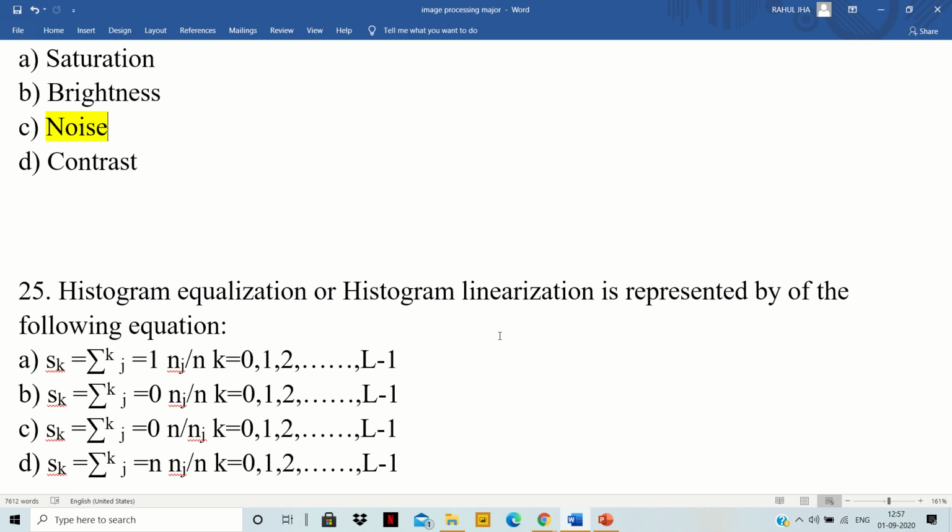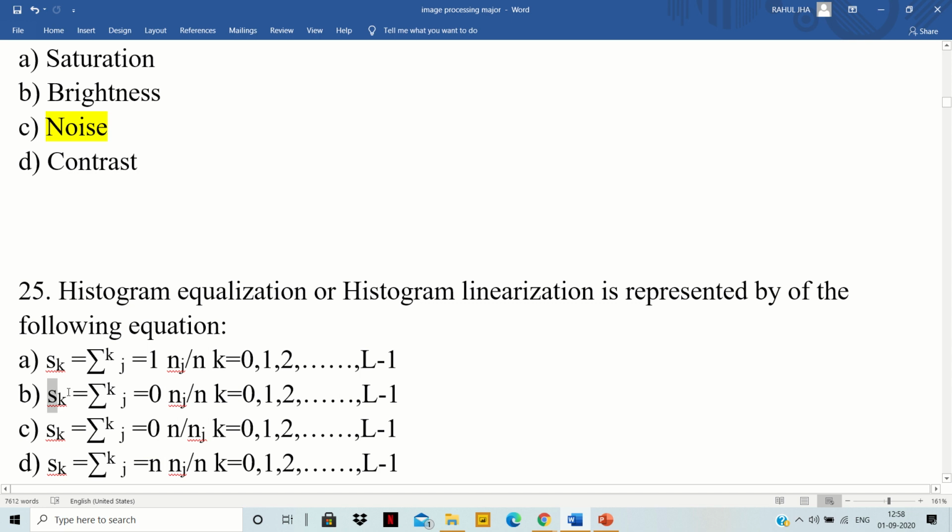And if I talk about Sk, this Sk is the image histogram. Sk is representing the histogram, the histogram for the pixel value. We are going to give different values to this k, and change the values of them and normalize them. So the standard equation, there are different options, so the standard equation will be